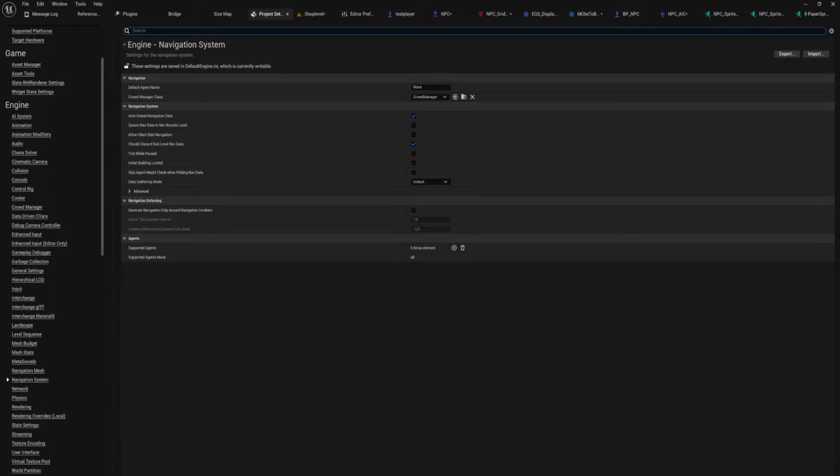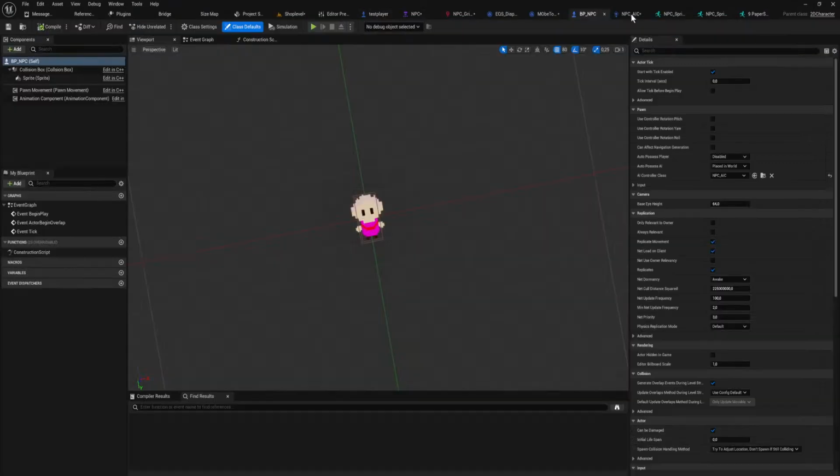For like half a second it worked. Maybe I need to in the NPC set the